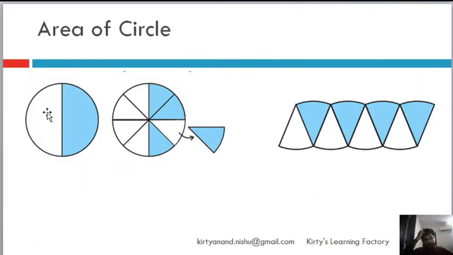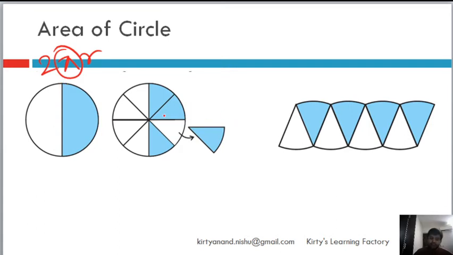Okay, let's go through now area of a circle. Now we know that the circumference of a circle is 2 pi r, where pi is a constant. And then first pi was discovered, then this formula was made. So this is 2 pi r. What will be the area of